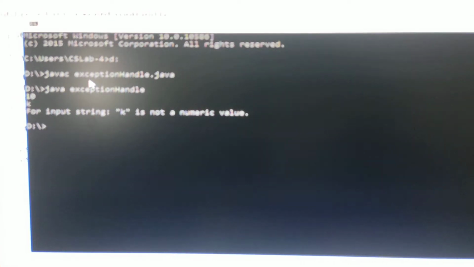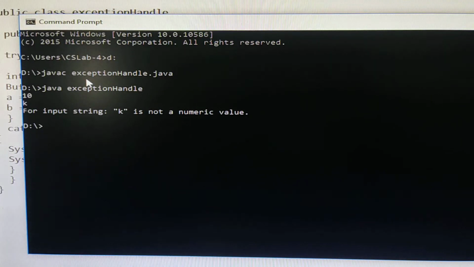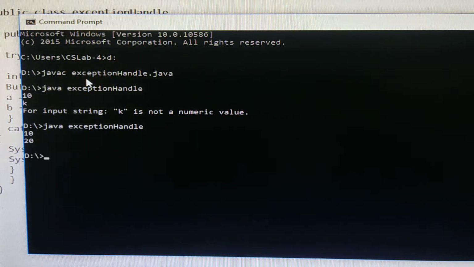Now you can observe that if I give only two numeric values, it won't give any error. Java ExceptionHandle, here I will give 10, 20. See, it is not giving any error if you pass only numeric values.